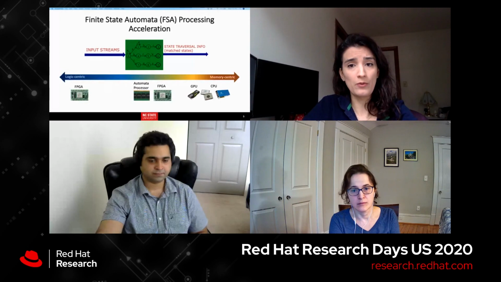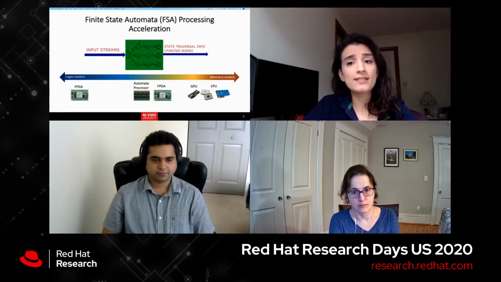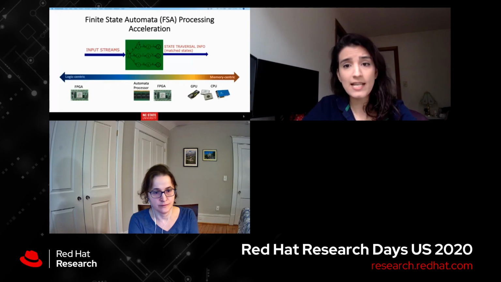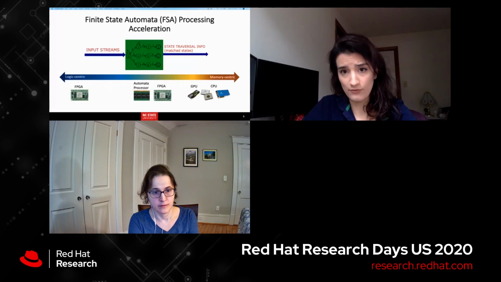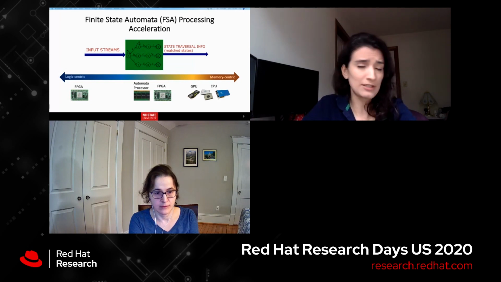Just going over what finite state automata are and what finite state automata processing is. Finite state automata are used in pattern matching applications, and they are state machines with a set of states and transitions that are traversed for finding patterns in input streams. So we can accelerate the finite state automata traversal by taking advantage of a range of different accelerator architectures